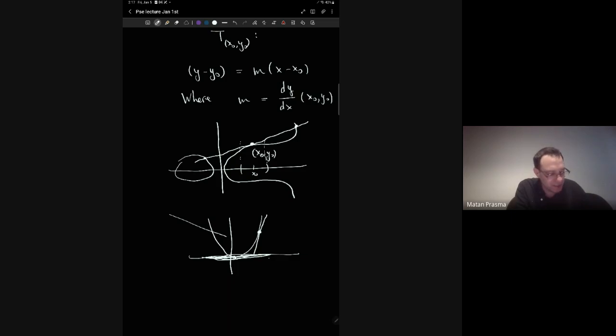Right? This kind of line, the tangent line, you can take the slope. Let's call this angle alpha, then tangent alpha is what we denote as the slope,